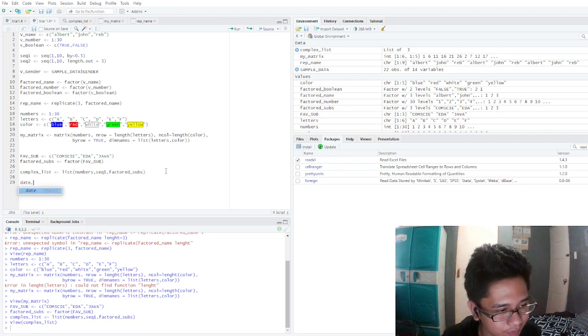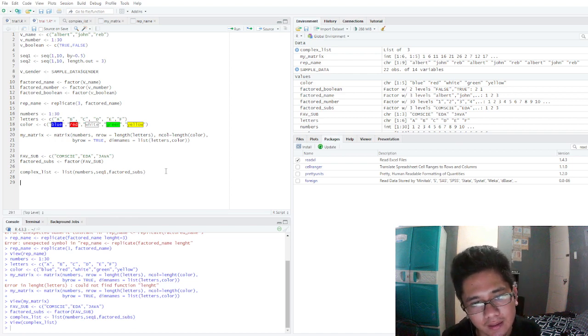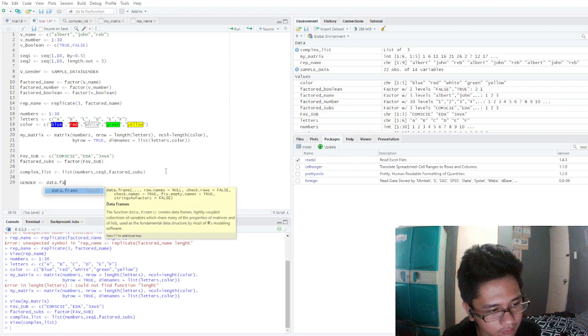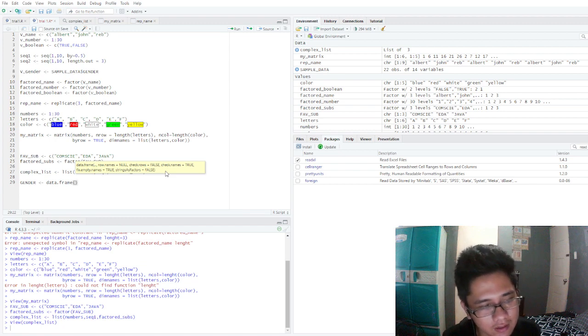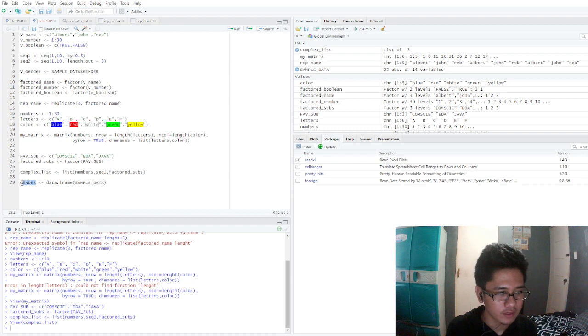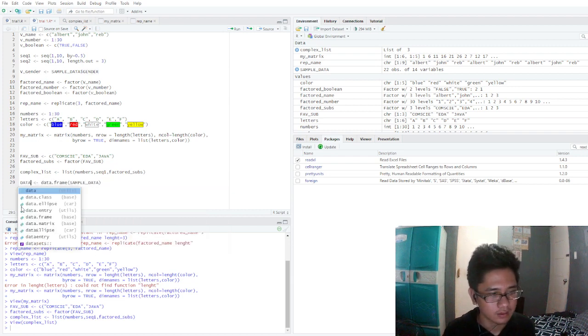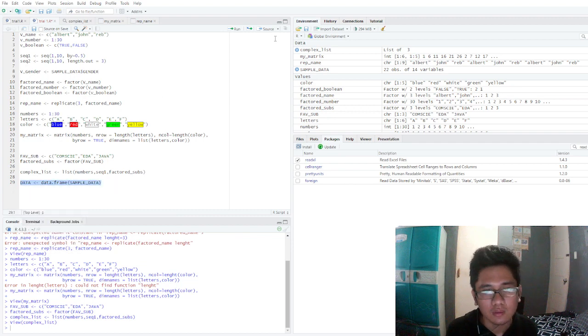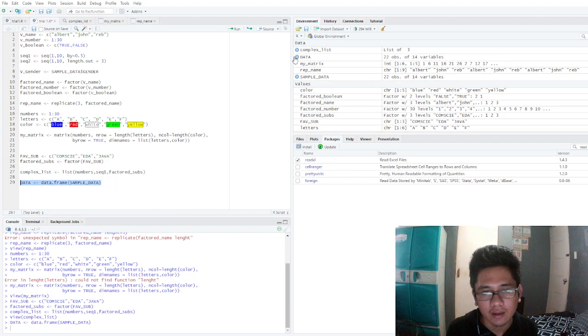Data frame, you have to name the data frame. For example, gender, then data frame, then we extract sample data. If we extract sample data, we can call data. If we create this, we have it in here.